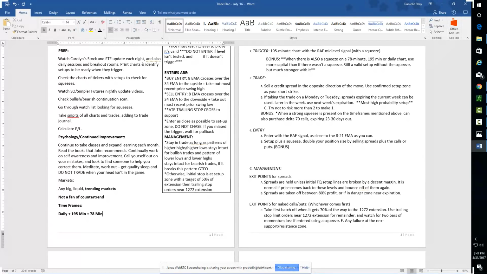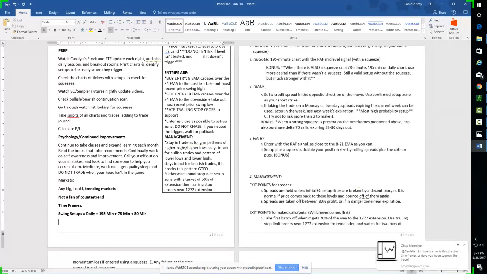And of course, I'm sure that you can see that these are JC derived because John has been my primary mentor. And so a lot of this does come from John with kind of my own twist. So for my swing setups, these are the time frames that I use. Sometimes I'll look at a 30-minute chart, but at that point, it's not that important to me. For the time frames, is this the chart time frame or days you hope to grow the trade? These are the time frames that I have on my charts.